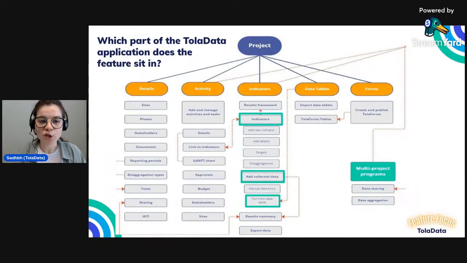So what part of the TolaData application does this feature sit in? If you're currently on your TolaData account, you can see this if you'd like. There are a few green boxes highlighted in the center, and this is located under the indicators. If you head over to the indicator section on your navigation panel, then head to any regular indicator, which can be numeric or percentage,